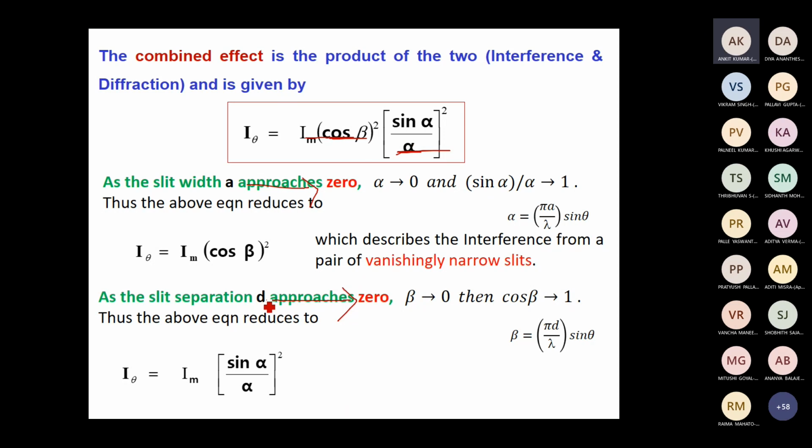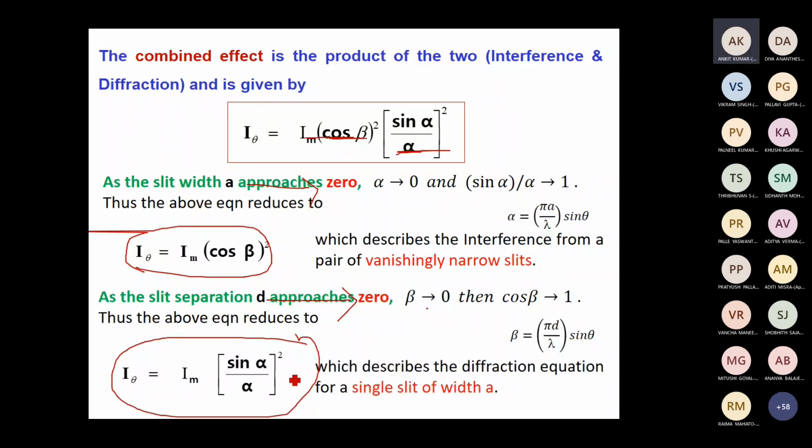Now, when you start reducing the D, that is the separation between the two slits, it will become almost 0. That means beta will disappear. What you get is a single slit diffraction pattern. So here you will get only interference. Here you get diffraction. So in general, as I was discussing, for any optical system, when you are talking about a superposition phenomenon, any intensity pattern will have diffraction. We can't eliminate the diffraction completely, but we can try to reduce the diffraction effect.